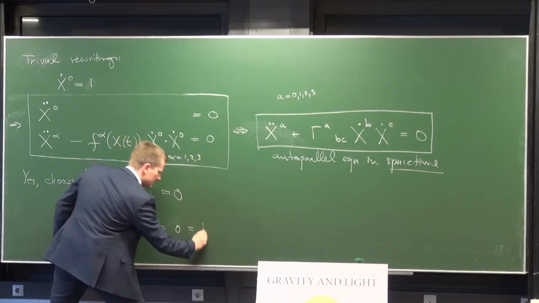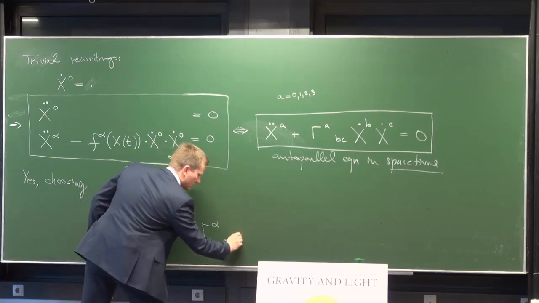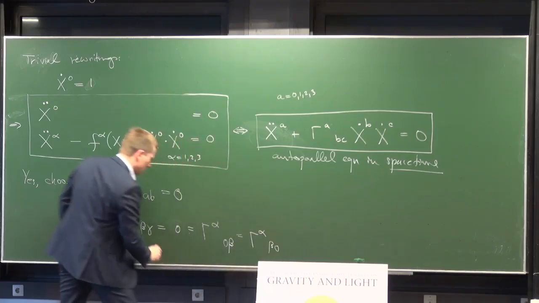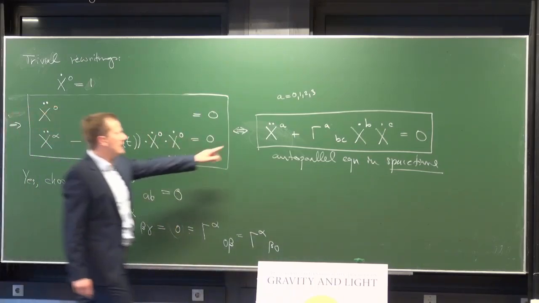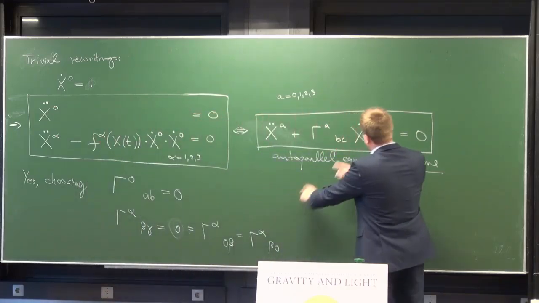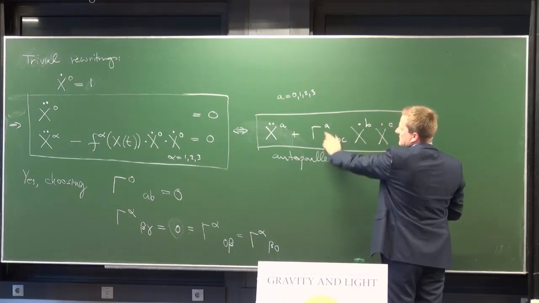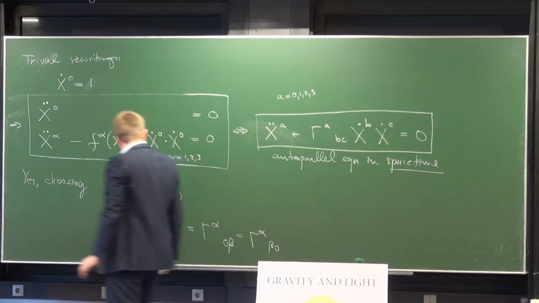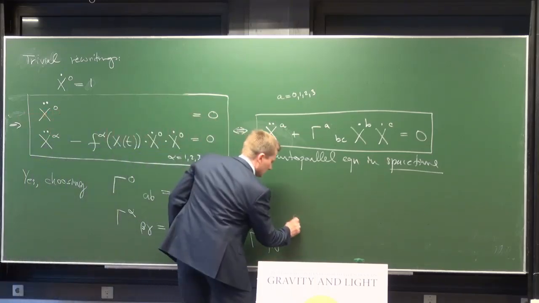It even suffices if one of the two down is 0, but that could also be the other one. They all must be 0. Why? Because otherwise, if we choose them different from 0, terms come up on this side that do not have this form. So all the gammas are 0, only